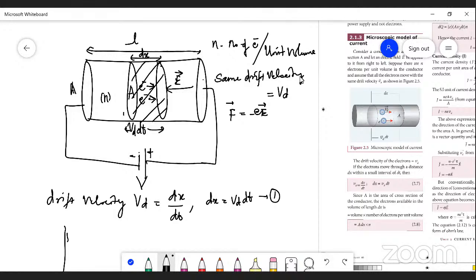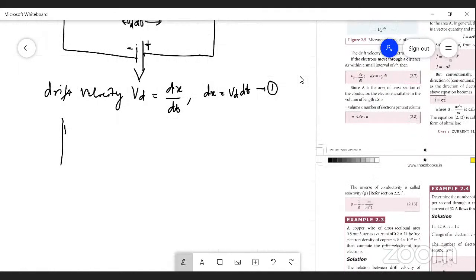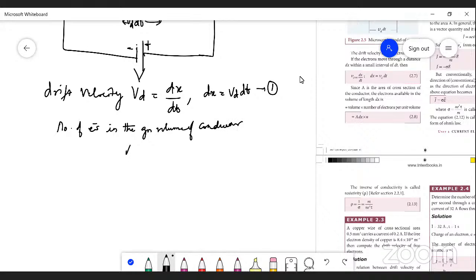Number of electrons existing in the given volume of the conductor. Fine. So we can show here, now, to calculate the number of electrons in the given volume of conductor, I can write N, capital N, is equal to